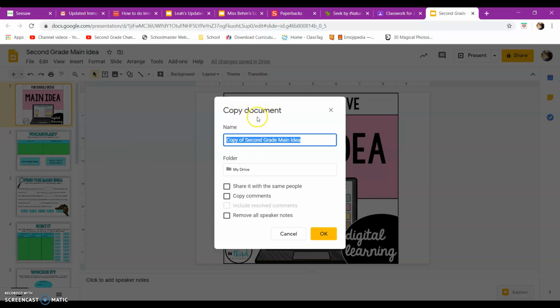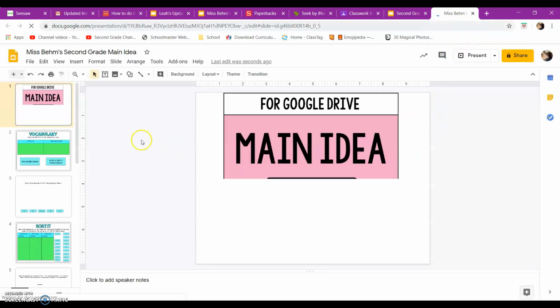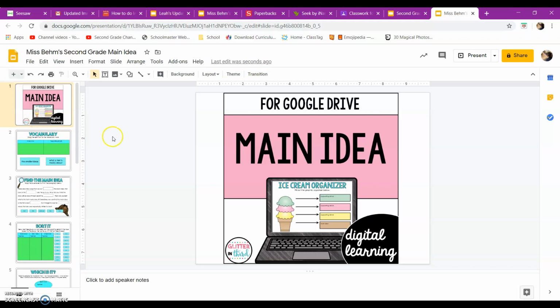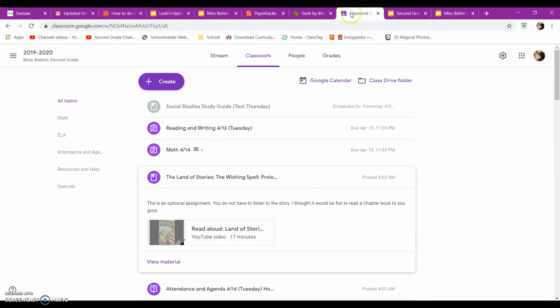And when this little guy comes up, I usually say take off the copy of, and I put Miss Beam's second grade main idea, just so then it's easy for me to find. So once I change that part, I say okay, and then it is going to take me to my own slideshow for my kids. So once I do that, I go to my Google Classroom, and I'm going to create